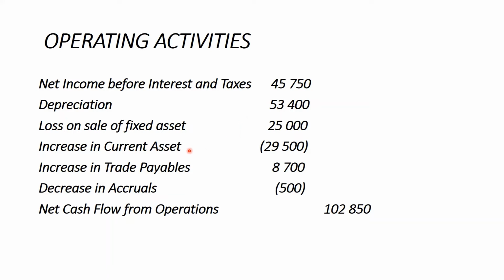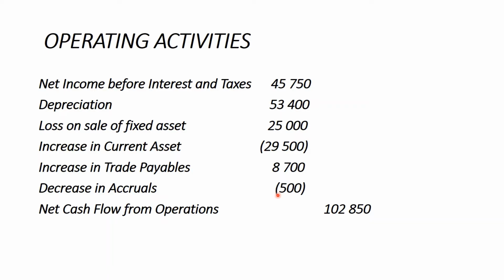And next we have the increase in current assets. That represents a decrease in cash, 29,500. The increase in trade payables would be the opposite way around to the increase in the current assets, so we add it. A decrease in the accruals,